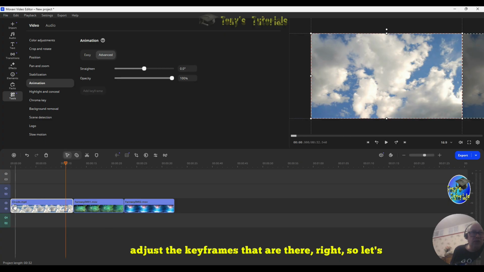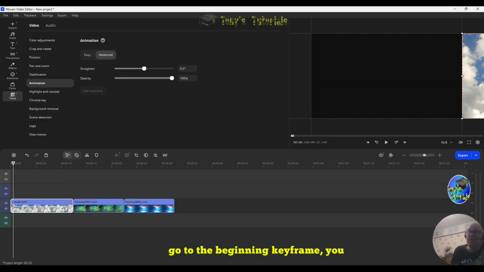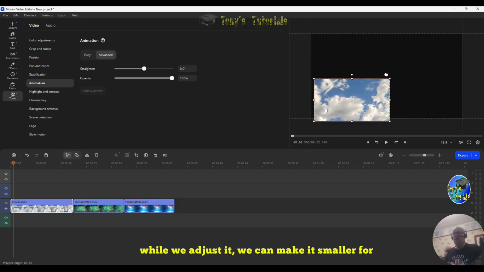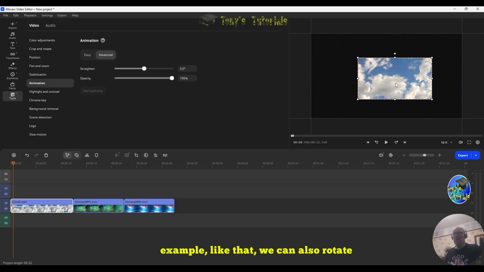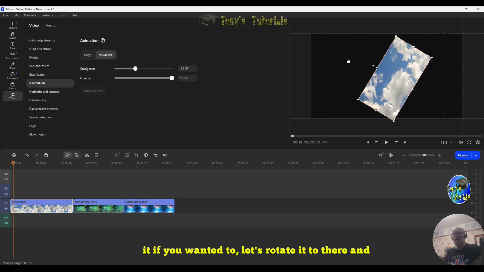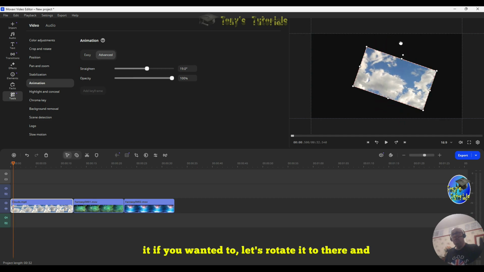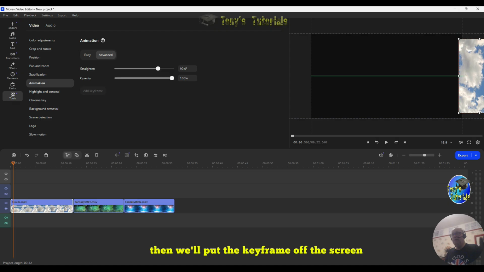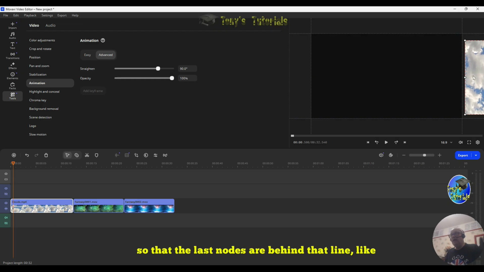Right. So let's go to the beginning keyframe. You see that's already off the screen. Right. So let's move it onto the screen for the moment while we adjust it. We can make it smaller, for example, like that. We can also rotate it if you wanted to. Let's rotate it to there, and then we'll take it off the screen so that the last nodes are behind that line, like that,